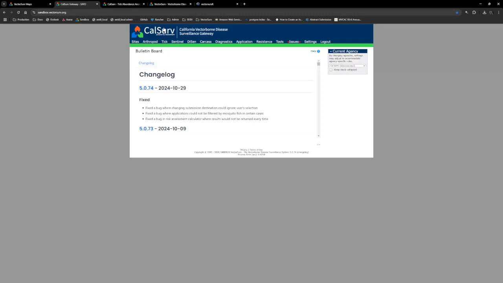So VectorSurv is pretty flexible in the type of vectors and pathogens that you can enter into the system. I worked as a public health entomologist in Hawaii and for the Minnesota State Department of Health when I was an MPH student. And obviously, those two locations have very different vector-borne disease issues, but VectorSurv is flexible enough to